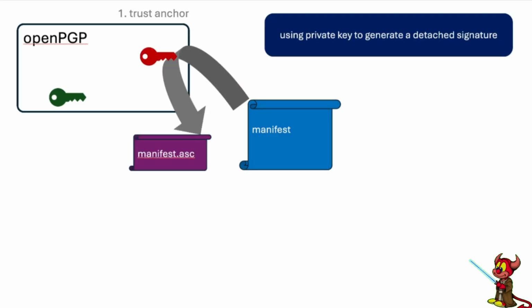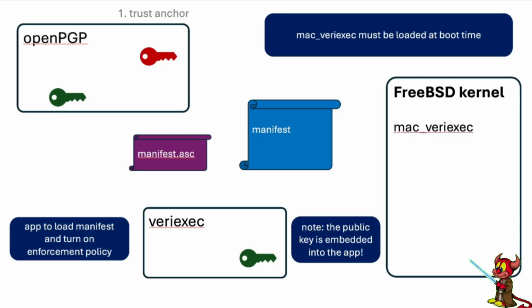After we write a manifest file, we take our private key and we generate a detached signature, the manifest.asc. This file can be used to verify that the manifest is trusted by the trust anchor. We have two additional components. Of course, we have the FreeBSD kernel, where we have the MAC policy, mac_veriexec, and we have a